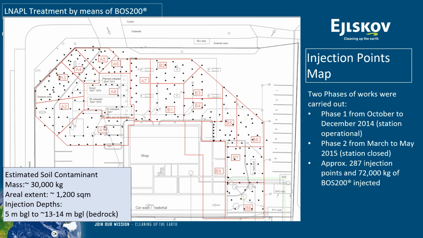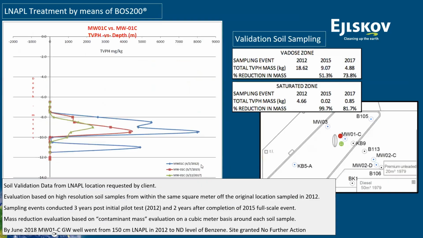And you have to come up with a design that, yes, could be seen as a triangular grid spacing, but then think of an active gas station, fuel lines, USTs, oil water separators, you name it. So you can see how the distribution of the points has to be adjusted to site-specific conditions. Here we completed a remediation with 287 injection points. We injected BOS 200, which is a powdered activated carbon based slurry. And the results, again, were made quite clear by